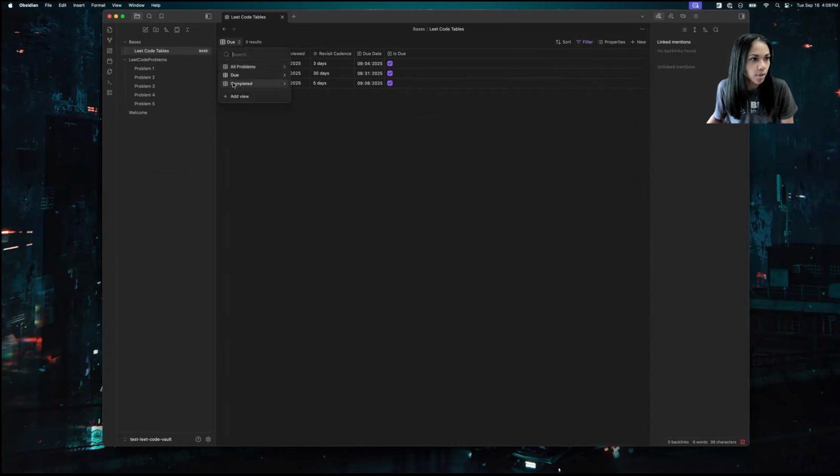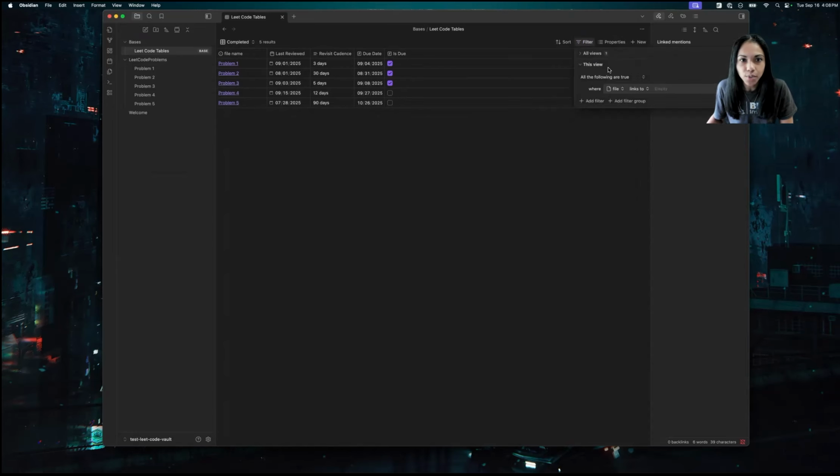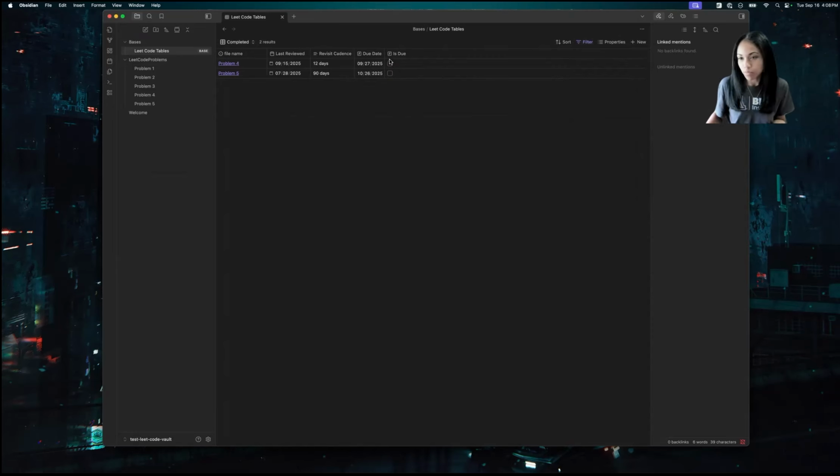Great. And then I want to go over to completed. I'm sure you can guess what I'm going to do here. And I want this one to be is due is not completed. Great. And now this is okay, but one cool feature with this is I can, instead of a table layout,